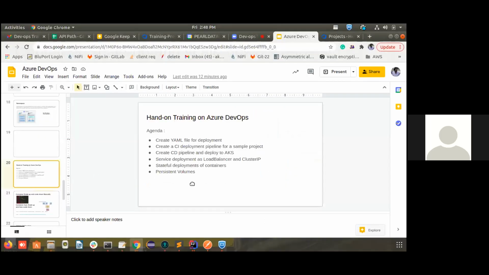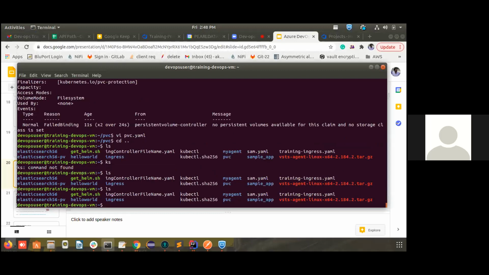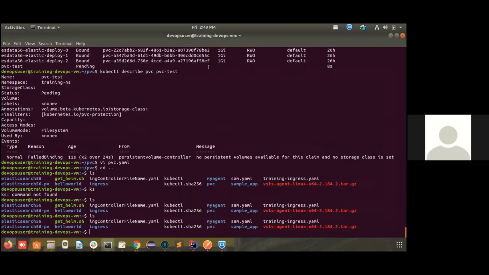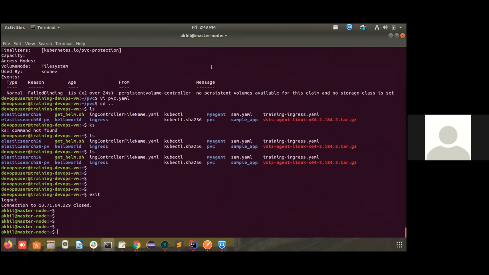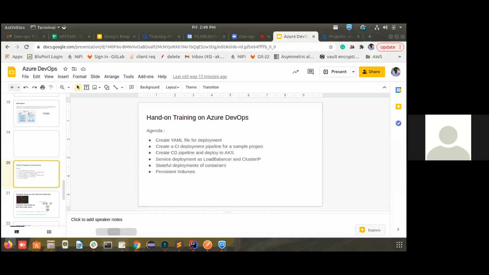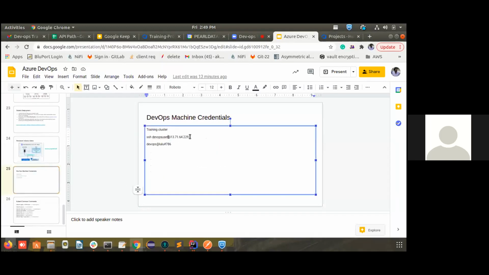So ready? So we'll go with the deployment descriptor. I'm really excited. So right now, I will show you a few commands of how the applications are currently deployed in our cluster. So basically, this is how you log into your cluster. I'll go from the start. So these credentials we have already shared with you. So this is how you can log in into the DevOps machine.